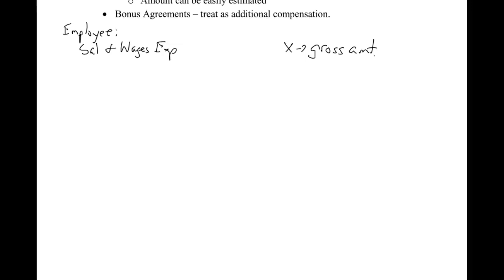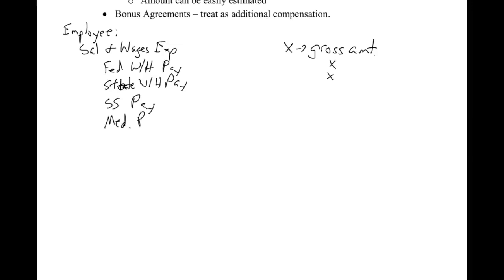However, then things are withheld from your check. All right, so you have your federal withholding. Okay, you might have your state withholding. And these are probably all called federal withholding payable, because remember, we're in the liability chapter. So those will all be based on your W-4s that you filled out for federal and state. You would have your Social Security payable. That would be the 6.2%. You would have your Medicare payable. That would be the 1.45%.